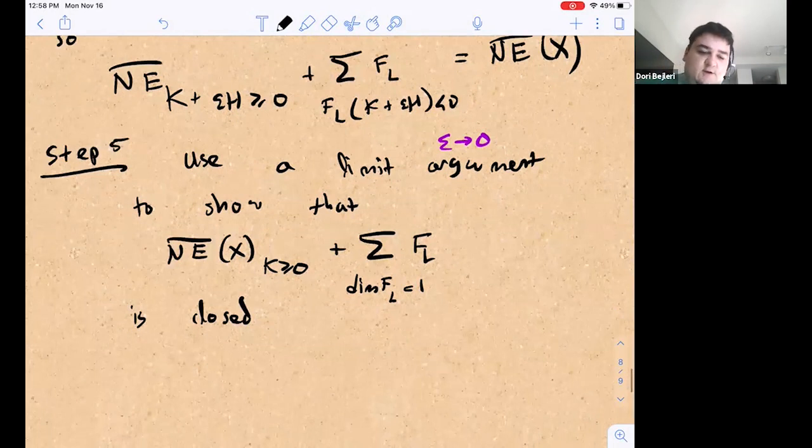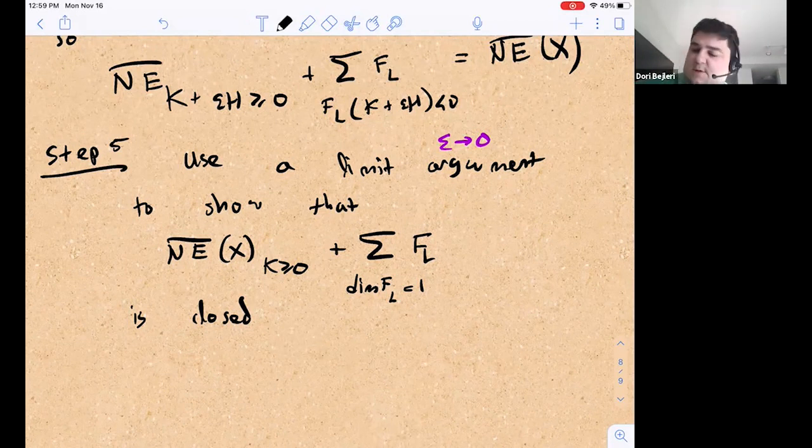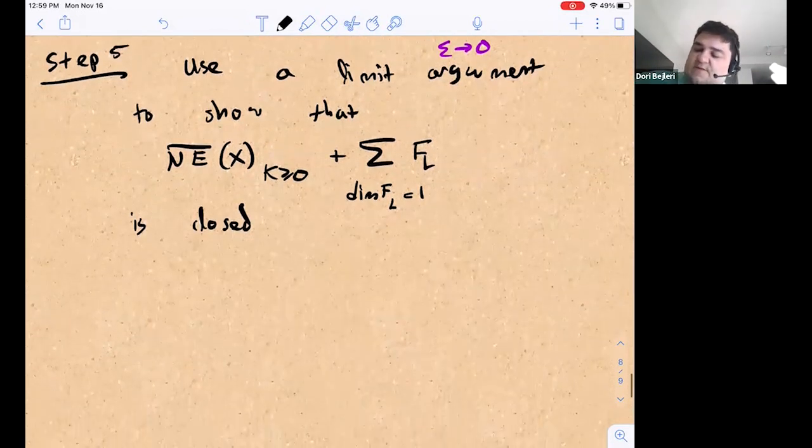Okay, so that proves parts 1 and 2 of the cone theorem, except that we don't actually know that these F_L are spanned by actual curves. So far, we just know that there are some rays spanned by curve classes, and they're of the form perpendicular to an F divisor intersect our cone. So to prove that these are actually spanned by effective curve classes rather than just limits of effectives,